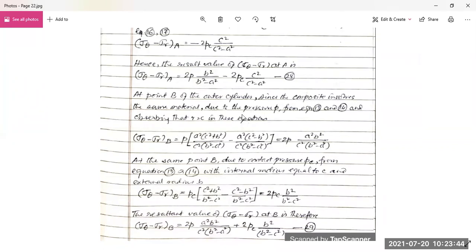Now, say we put R is equal to C, meaning at the outside of the cylinder, in equations 13 and 14, R is equal to C. Then if we put sigma P, sigma theta and sigma R in, the equation will become P A square by B square minus A square, multiplied by R is equal to C, so C square minus B square divided by C square. So B square minus C square plus C square minus B square. Sigma theta is equal, both are the same.